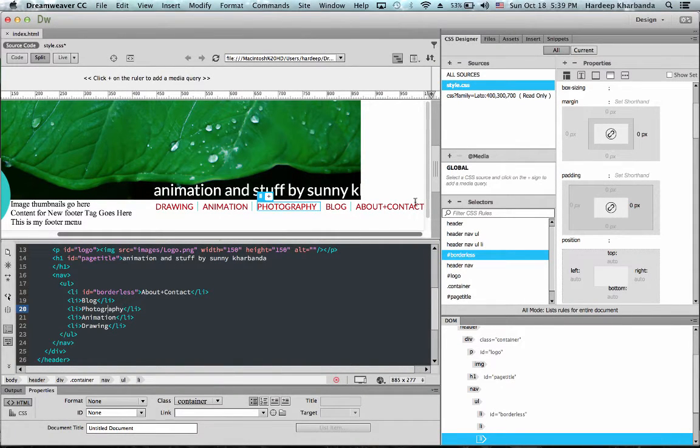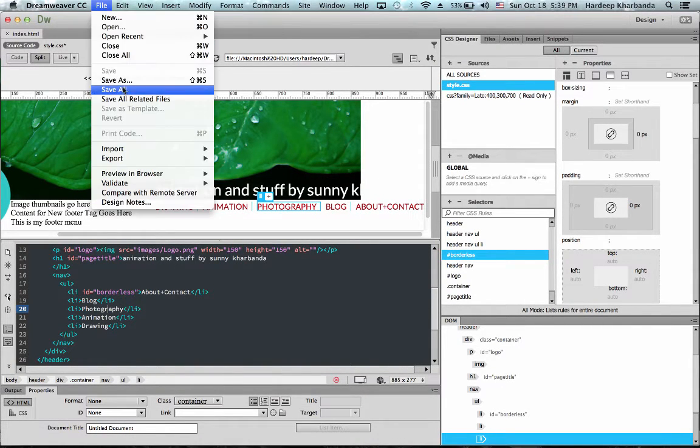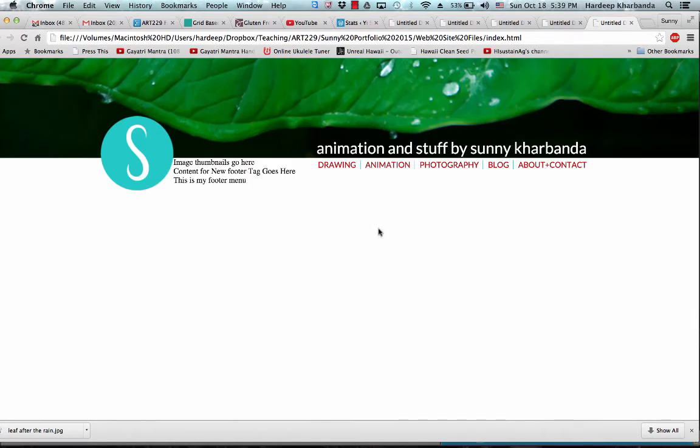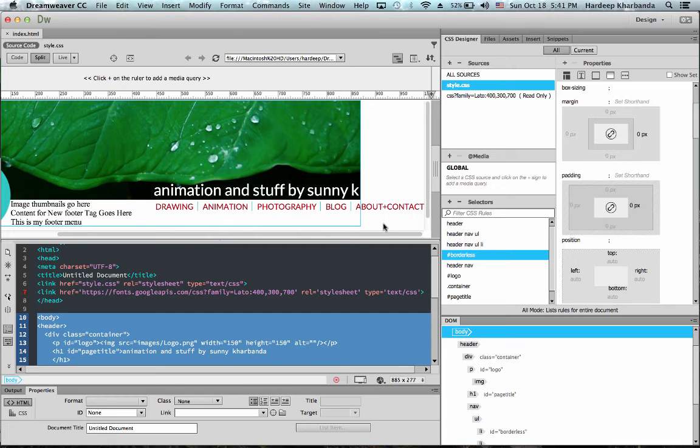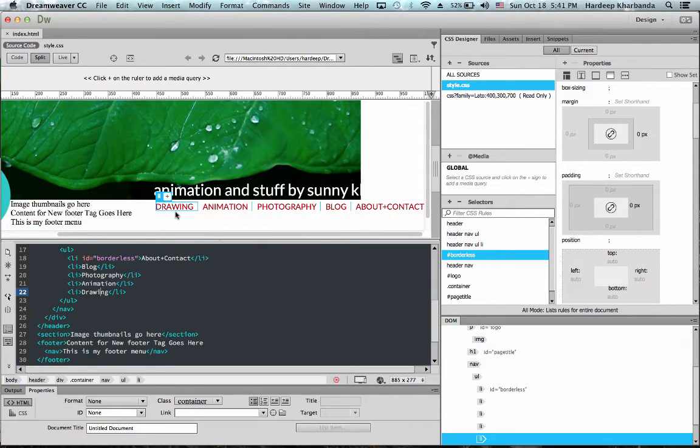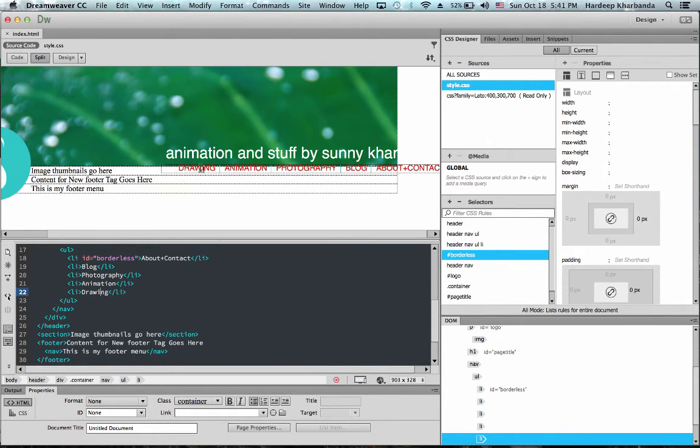So by getting rid of all the space on the right side, I now get the alignment that I was looking for. Now that I have my header menu styled the way I want, I can actually go ahead and link each of these words. I'm going to switch back to Design View so it makes it easy for me to select the words. So for drawing, I'm going to create a new page later.